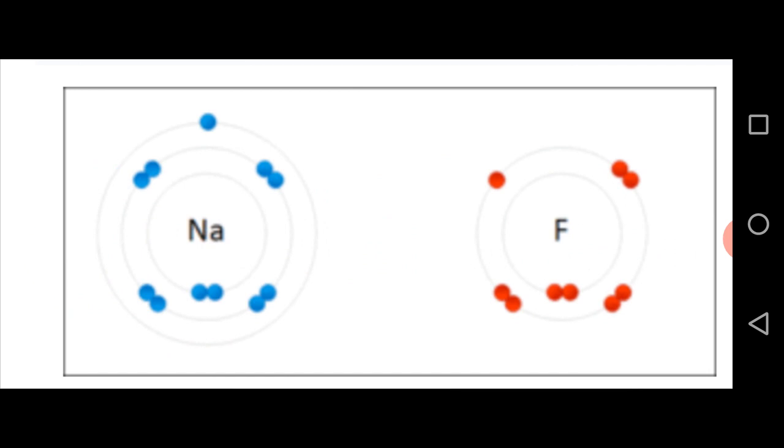This is an ionic bond between sodium and fluorine. This is the sodium atom, the blue one, having 11 electrons, so you can count the blue dots: 2 plus 2 is 4, plus 2 is 6, plus 2 is 8, plus 2 is 10, and 1 blue circle makes 11. Fluorine has 9, so you can count the red circles: 2 plus 2 plus 2 plus 2 is 8, and 1 more is 9. So this is the sodium atom and the fluorine atom. These are the electrons of sodium and fluorine.